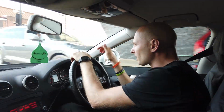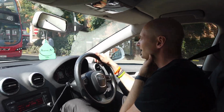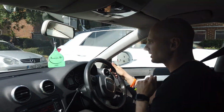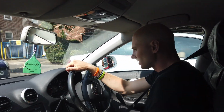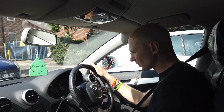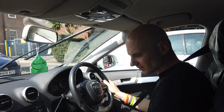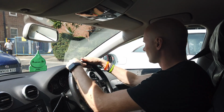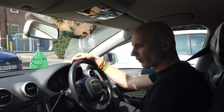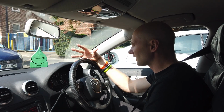It's Car Examiner here, and today I'm testing an Audi A3, 59 plate, 1.9 litre turbo diesel TDI, right? So what's going on with this one here? It's the basic trim with a leather steering wheel. It's done 106,000 miles. So what we found so far, and why you need to get an inspection, right, is